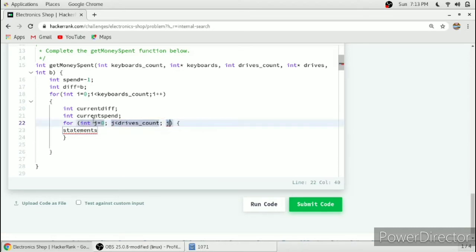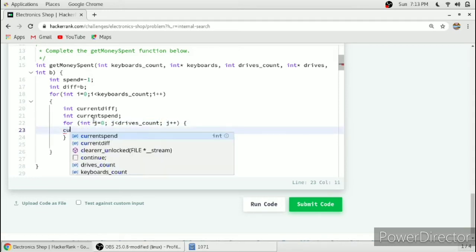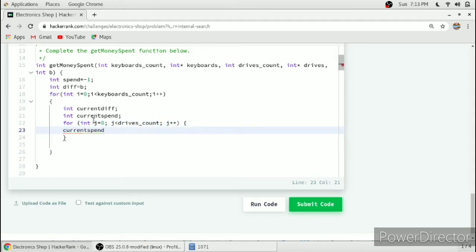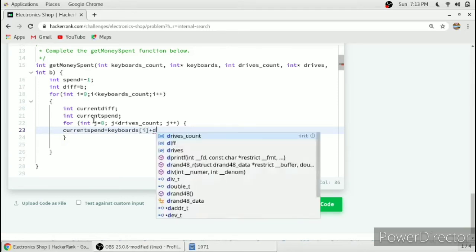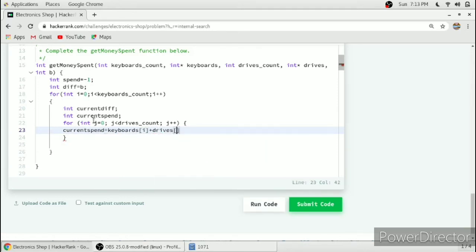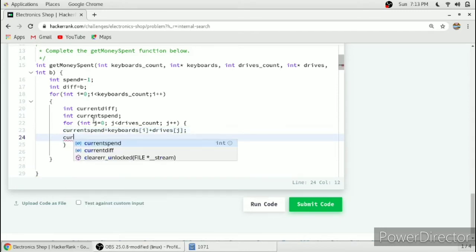In this we will compute current spend, that is keyboard of i plus drives of j, and then we will compute current diff, that is the difference between our budget, that is B, and our current spend.